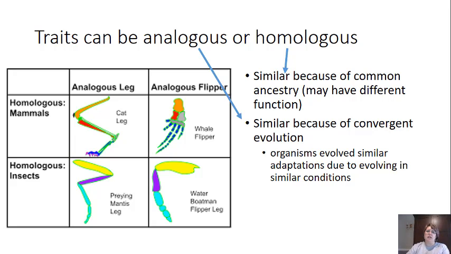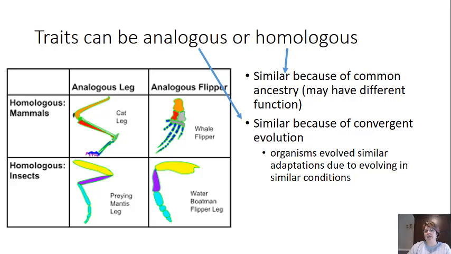All right, so traits can be analogous or homologous, and we've had some confusion with this before, so hopefully this section will clear this up. I really like this visual. A homologous structure is similar because of common ancestry, but they could have a different function. Our really good go-to example of this is the pentadactyl limb, where you have the 1 bone, 2 bones, many bones, and digits, in bats and whales and humans and cats and dogs and all of that. But an analogous structure is similar